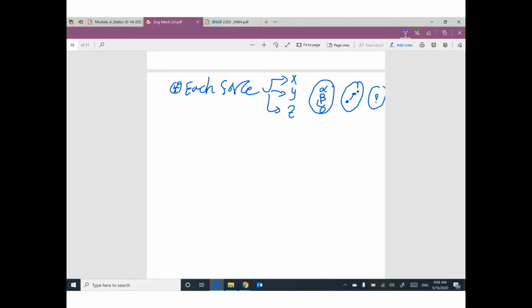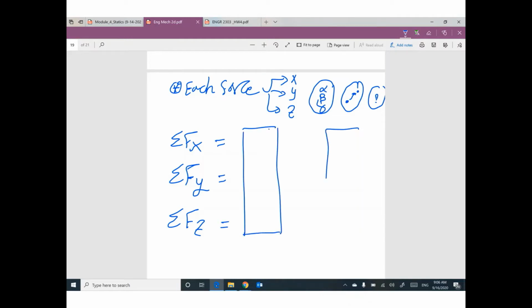Once you break each force into 3 components, then I can add all X components together. I can add all Y components together. I can add all Z components together. We have 2 situations here. If you are talking about forces in 3D and we are looking for a resultant